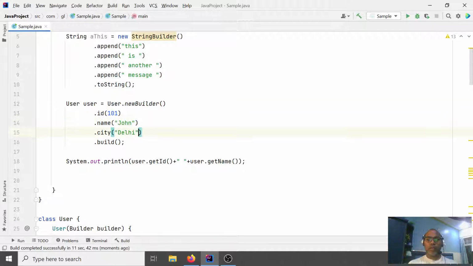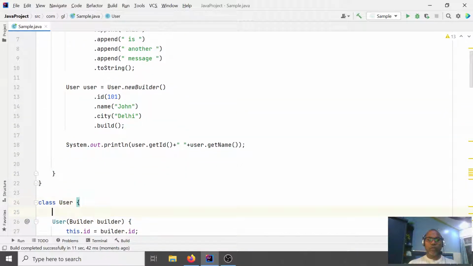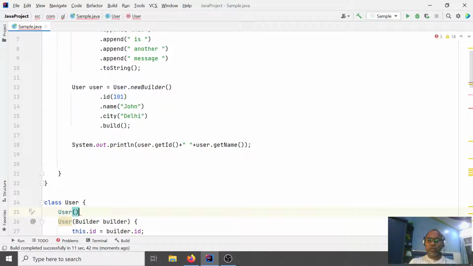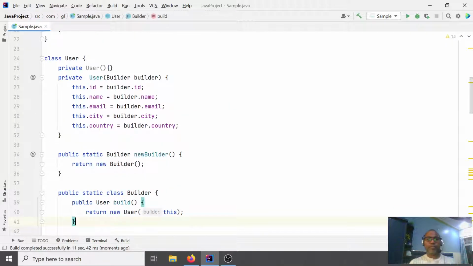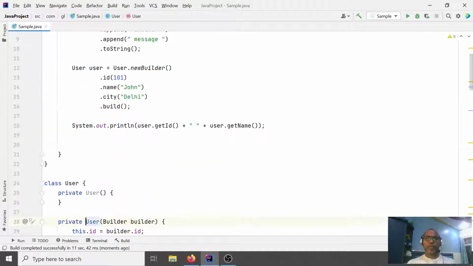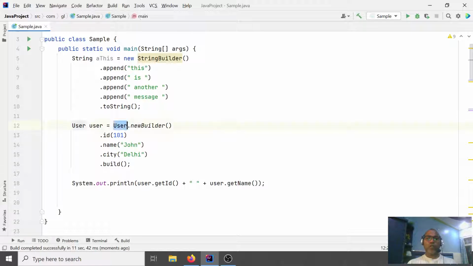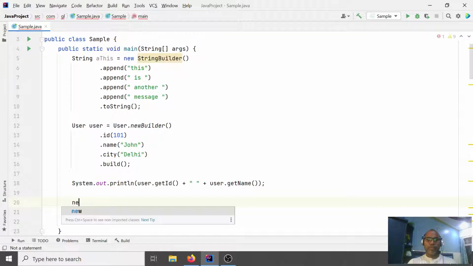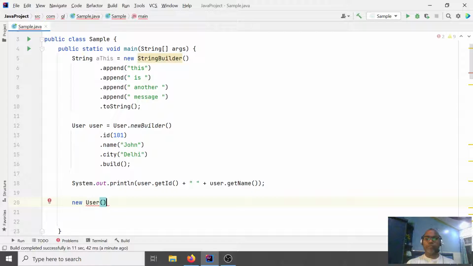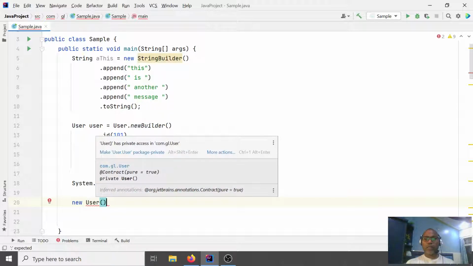In this way you can also make your constructor private so that anyone cannot directly access your object. If someone wants to create a new user this way, you cannot do it, because the constructor is private.